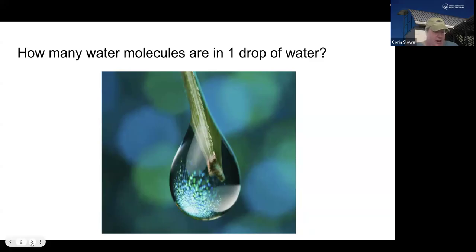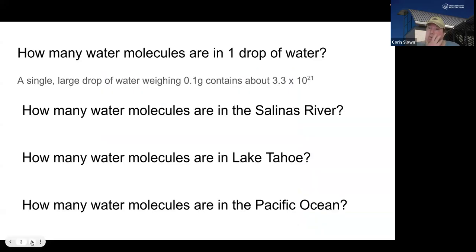And again, if you have some variation in your approach and responses, that's okay. We'll talk a little bit about how we approach this question. All right. So my estimate for this is that a single large drop of water could weigh about 0.1 grams. And so my approach for thinking about this was to